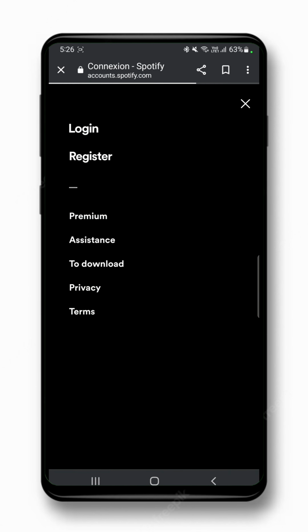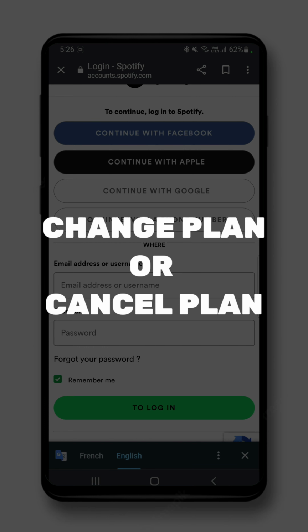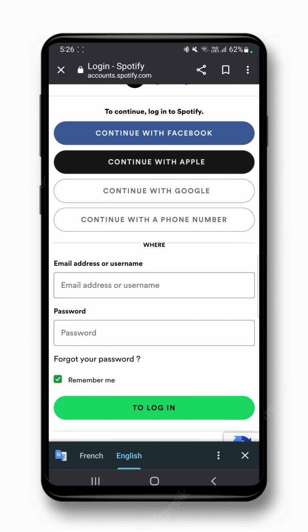click on login. After filling in all the details, you will get your account open. Scroll down at the bottom, you will see a change plan option or a cancel plan option. Click on the change plan option and it will show your current plan at the top, and beside